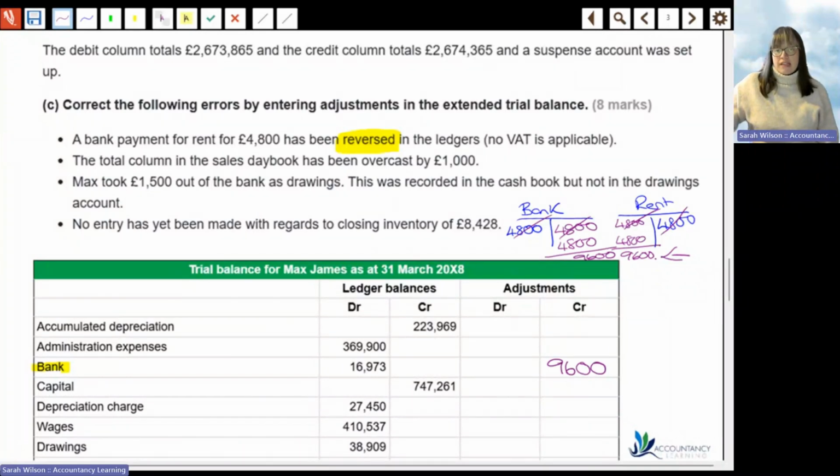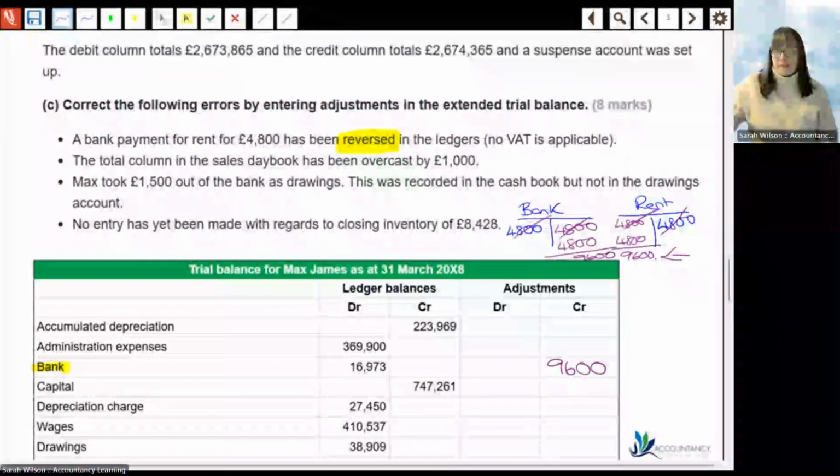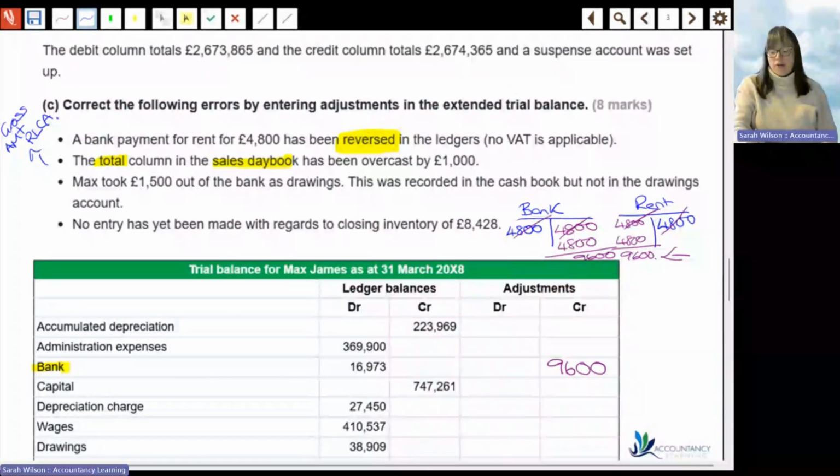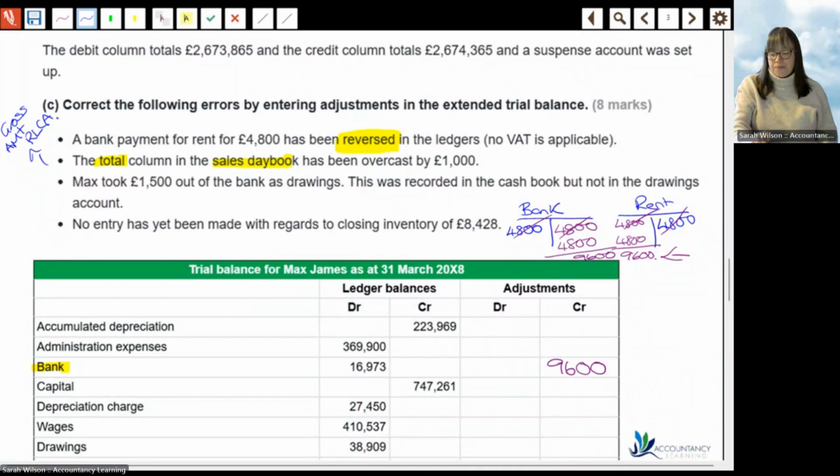Next, the total column in the sales day book has been overcast by 1,000. So this time, we've got the total column in the sales day book. So this is the gross amount into the receivables ledger control account. So that's where that column in the sales day book goes. It's been overcast by 1,000 and it's only the total column that has been affected. So what would have happened is we would have debited the receivables ledger control account with an extra